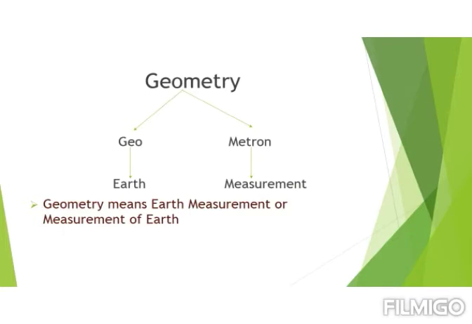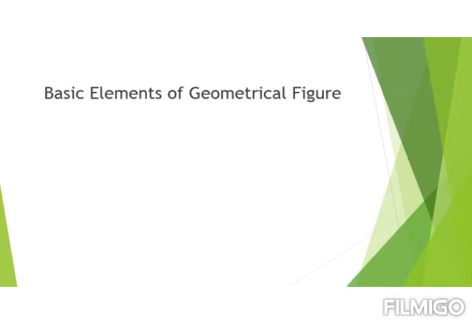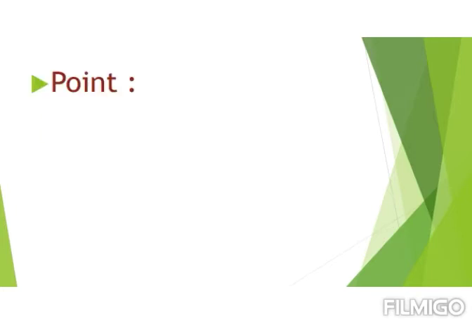So now we will see what are the basic elements that we require for geometrical figure. There are four basic elements for the geometrical figure. They are point, line, segment, rays. Now we will see what is points. Points are the tiny dots that can be drawn using pen or pencil. Here we have 3 points or 3 dots. We can name all the points as any alphabet from A to Z. Here we have 3 points which we can name as point A, point B and point P.